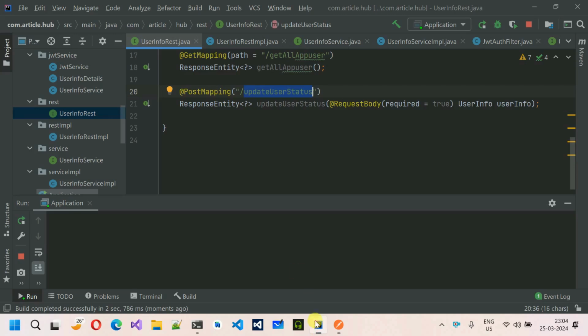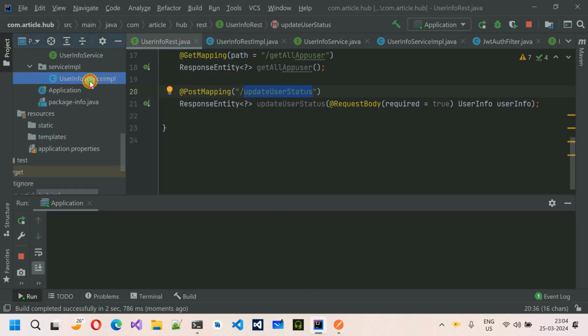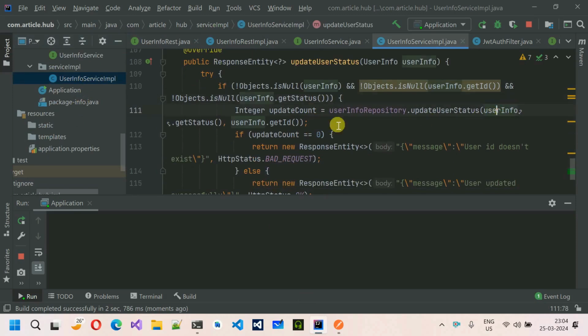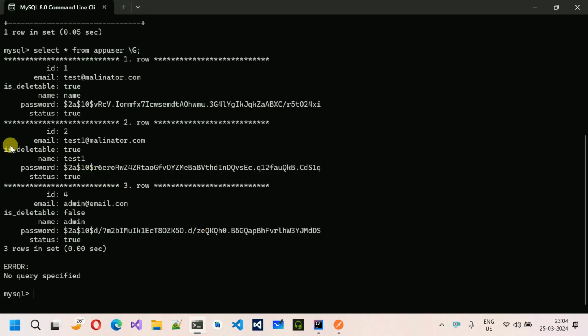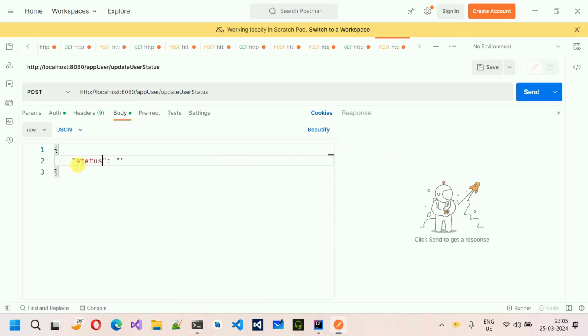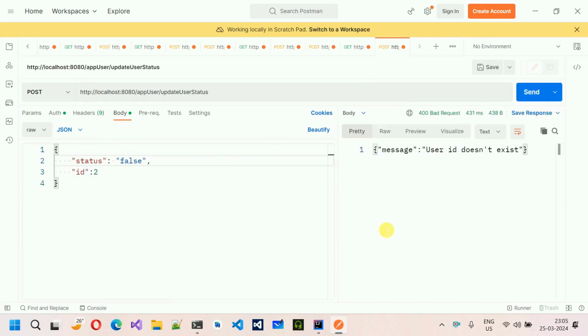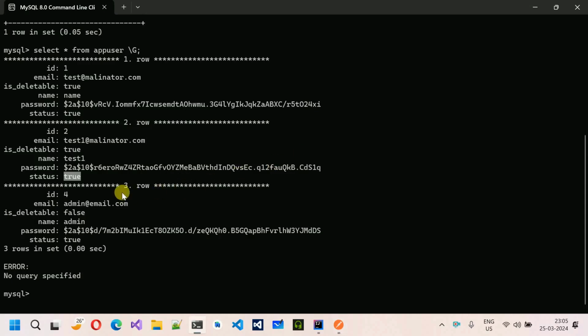and in this one, if we move back over here, what things are we expecting from this one. So let's quickly move back over here. So we need this status and the ID. So status, let's go to the database, status true or false, the ID. So for the ID, we have to make this one false. So now if I send it, user ID doesn't exist. It's throwing an error. Why? Because that one is